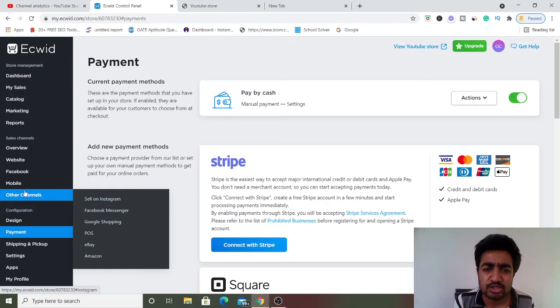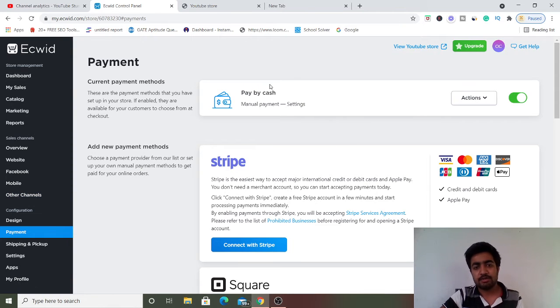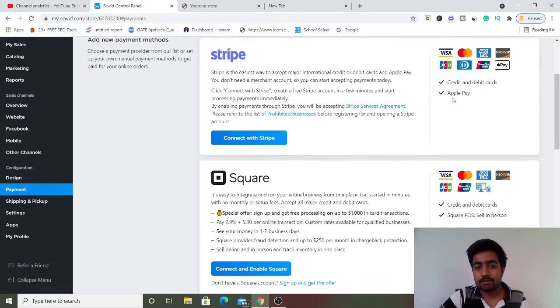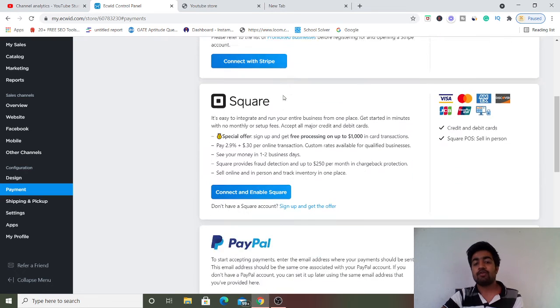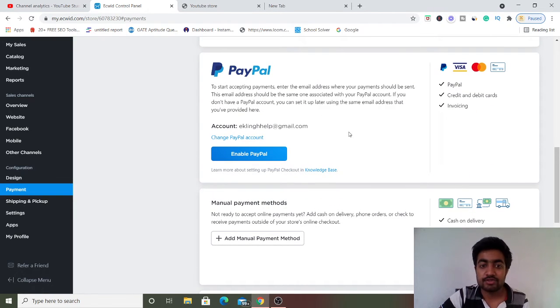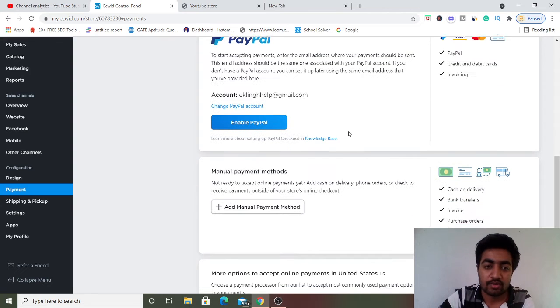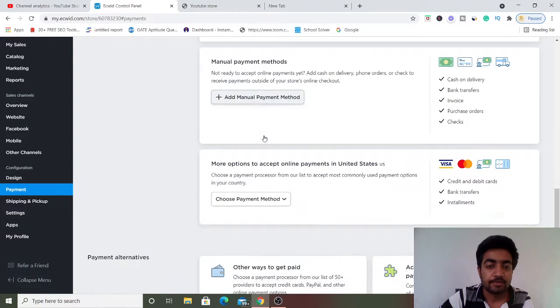There are multiple options for payments, right? There is pay by cash. You can enable a cash on delivery type of system, and then Stripe. If you are from the United States and other places, Stripe and Square are a perfect choice for you, right? Good. And actually Square cuts 2.9% plus 30 cents per online transaction, which is huge. I recommend Stripe for you, right? And if you don't want to do this either, then PayPal is a genuine platform, and you all know it, right? That's the best choice for you.